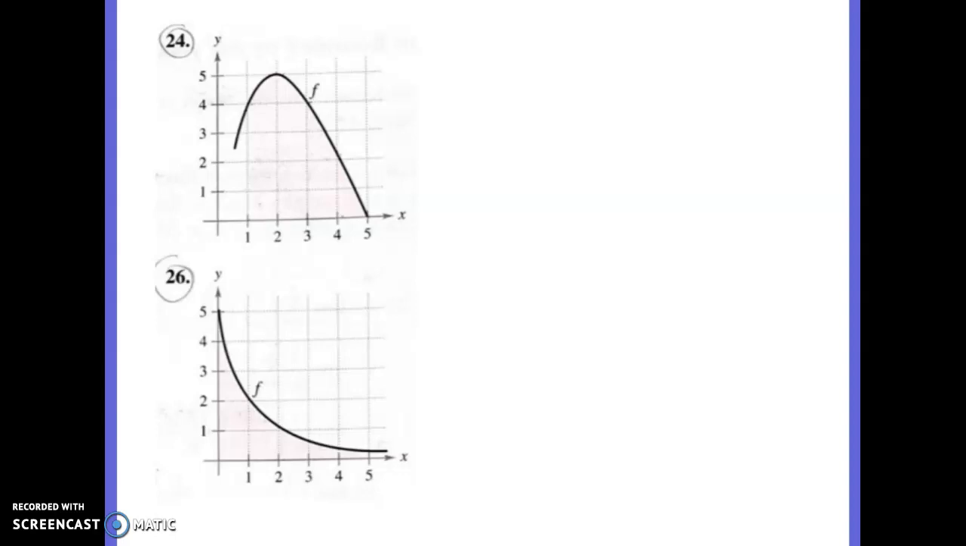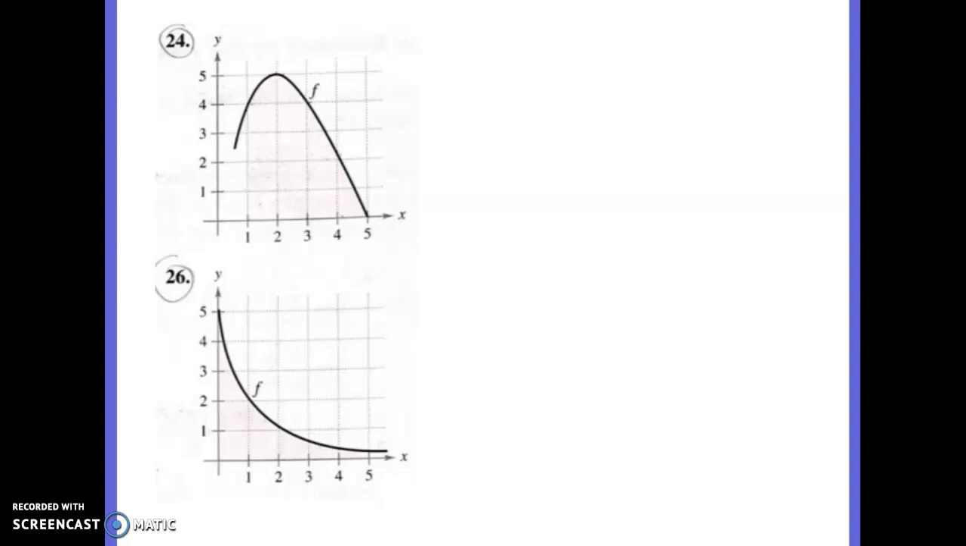Okay, so what I've posted right now on our sheet is problem number 24 and 26 out of your textbook. This way I can point at it and go over a couple things with you to make it a lot easier. So the directions say,